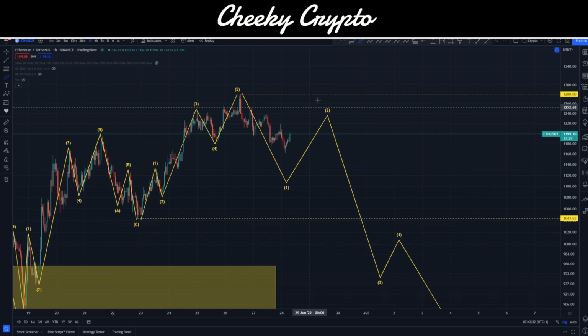It's important because it confirms that under that impulsive structure that I just showed you to the upside, it couldn't happen, because there are unbreakable rules within Elliott wave theory that would prevent it from happening. So we couldn't necessarily go up in that wave structure. We could go up in a different wave structure, but not in the structure that I just showed you. So moving down lower than 1,043 is actually quite critical in getting us down towards our lower targets